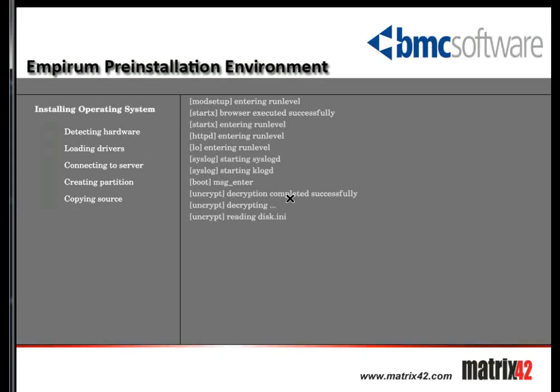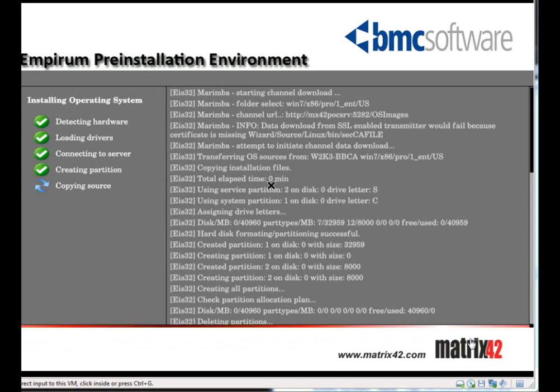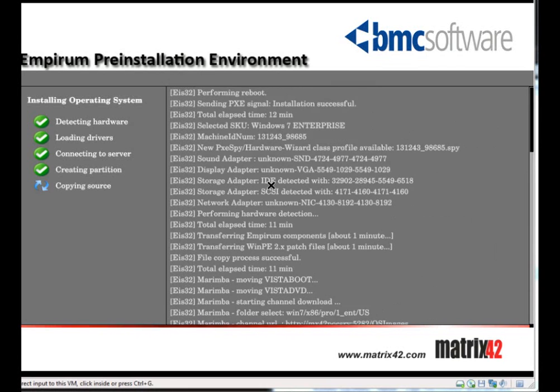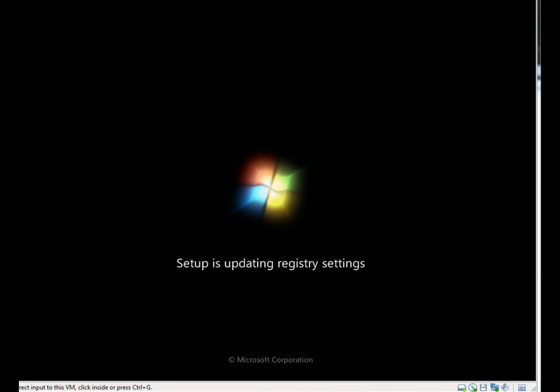The machine pre-boots into Matrix42's Linux pre-boot environment, and at this point it'll connect to the server, to the repeater should I say, and it'll be looking for the job, and then it'll gather the source images from that repeater. And so BBCA is providing all of the heavy lifting for the images. At the second step here, we can see that it's using hardware recognition to figure out which drivers this particular device should have. And this is a proprietary Matrix42 technology that allows it to recognize the drivers and insert them